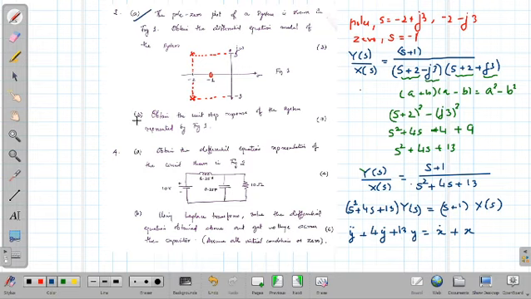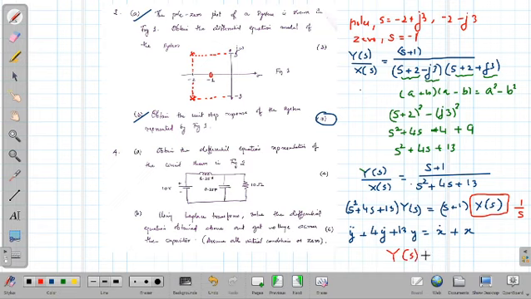Now what is the B part? B part is asking to obtain the unit response of the system. Okay, so it is for 7 marks. So in order to obtain the unit response of the system, what you need to do is put this x of s, which is the input, equal to 1 by s. You find y of s. What is y of s?